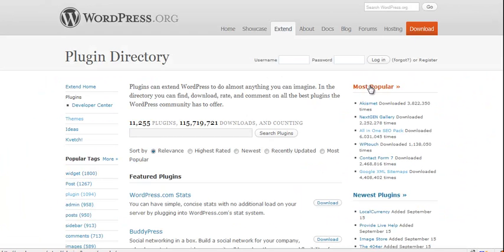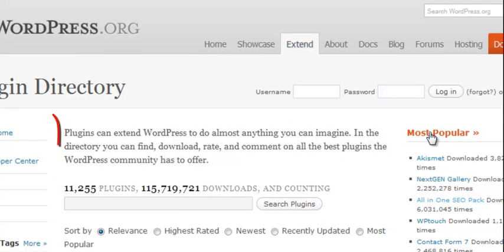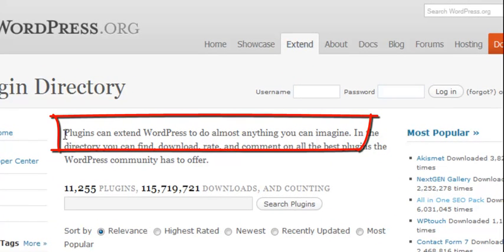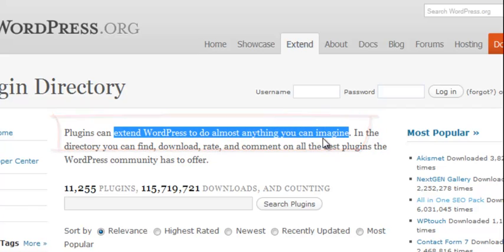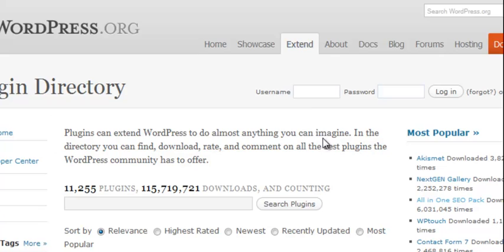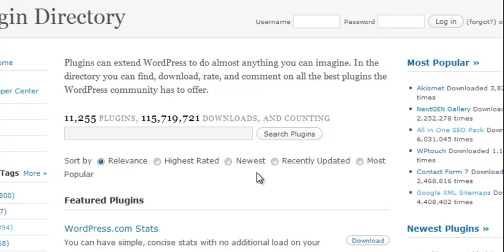Well, quite simply, plugins are little add-ons and scripts that, as defined here, can extend WordPress to do almost anything you can imagine. And what does that mean? Well, you can add plugins that make adding audio and video to your posts much simpler, or plugins that will add advanced tracking and stats to your site, or perhaps it's for auto blogging. In other words, there are many things that you can add to your blog by way